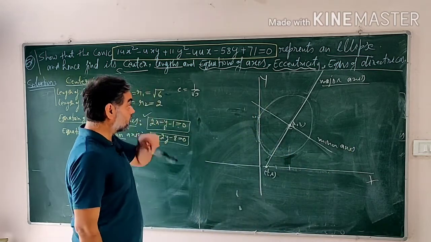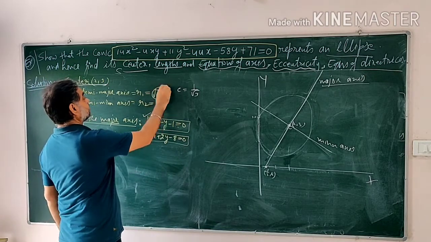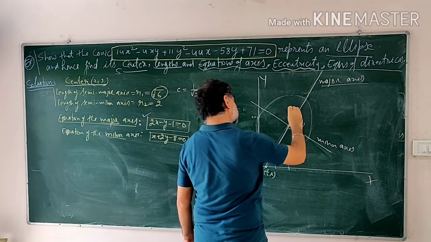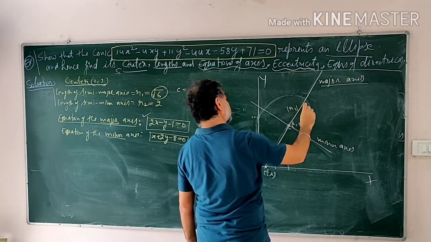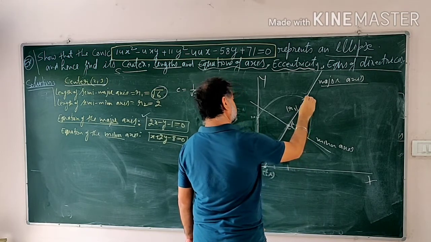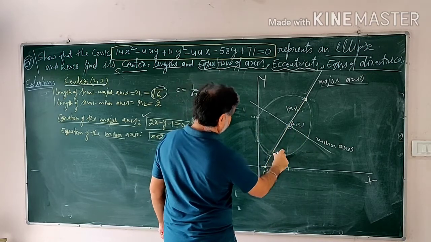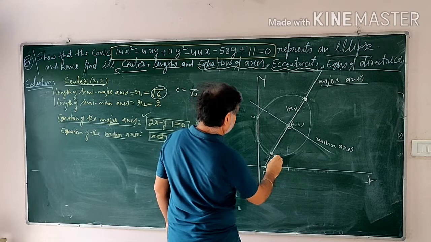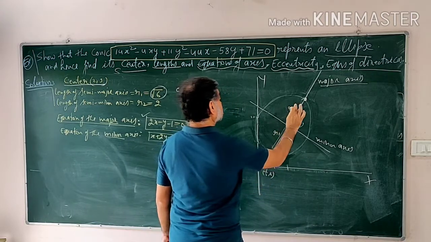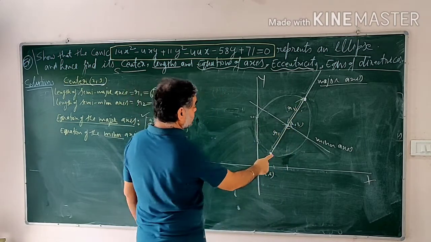Now what you do is, on the major axis, you cut intercepts whose length is R1. On this side, R1 is equal to root 6. So cut this length root 6 here, and similarly the same length here. So this distance is R1, this distance is also R1. Okay, cut these two lengths.